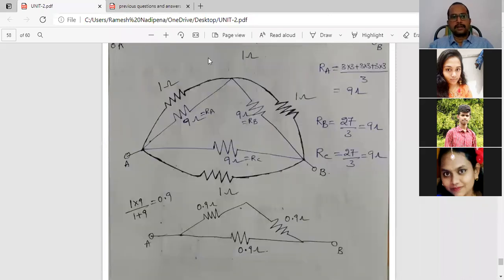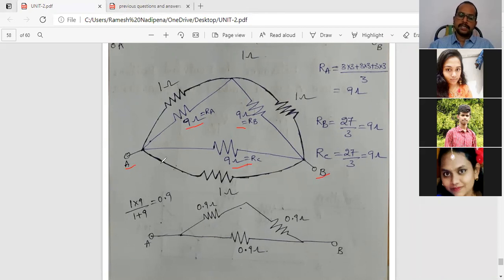like this. See here, 9 ohm resistance, 9 ohm resistance. All resistors are similar, so these are the delta connected elements, 9 ohm resistance. The next step is very important. What is the question here? We need to calculate the equivalent resistance across the AB terminals. This is the A terminal, this one is the B terminal. We need to calculate the equivalent resistance.